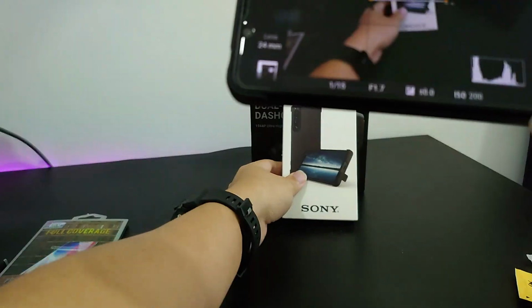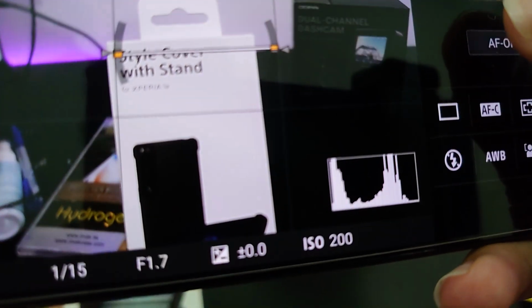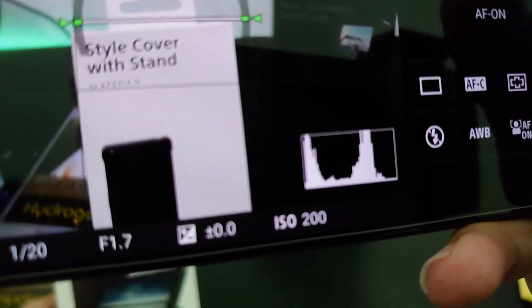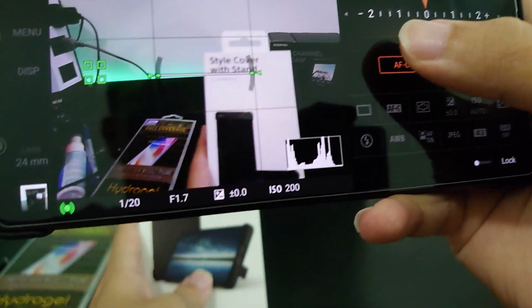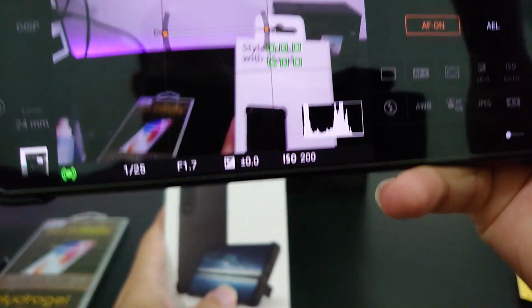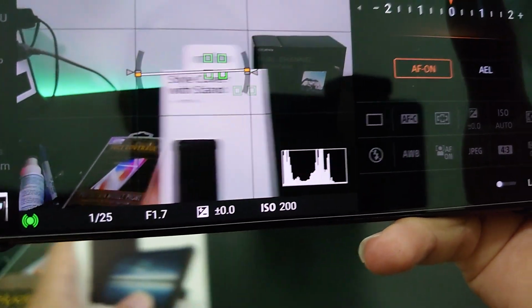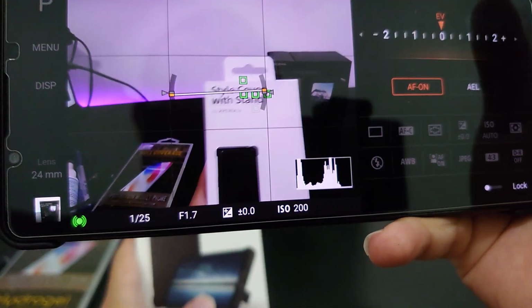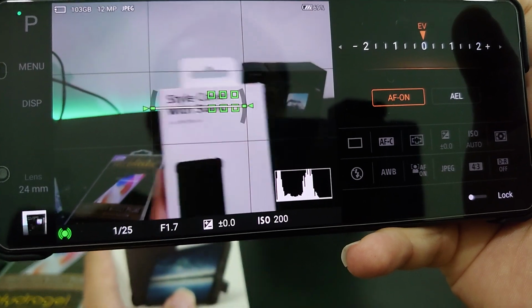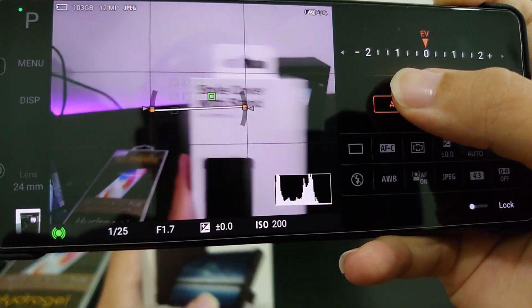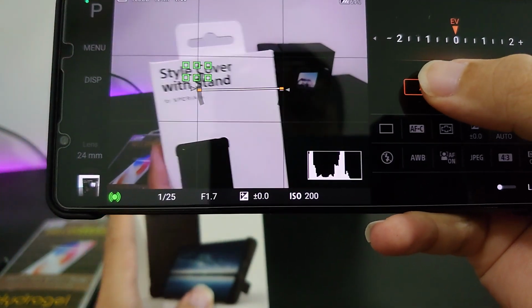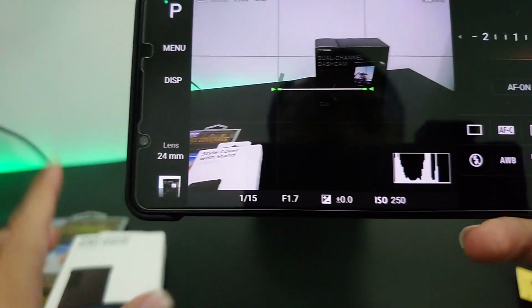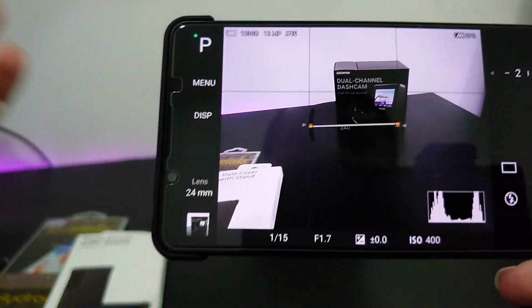If you are using continuous AF and I'm trying to lock on, let me try it once again, getting further. See, it will automatically track my stylus cover stand, right? It's similar to when you half press your shutter button, right? So this one you have to learn how to use, and it will give you great control over how you handle your photography. Okay, so this is some of the explanation for today,